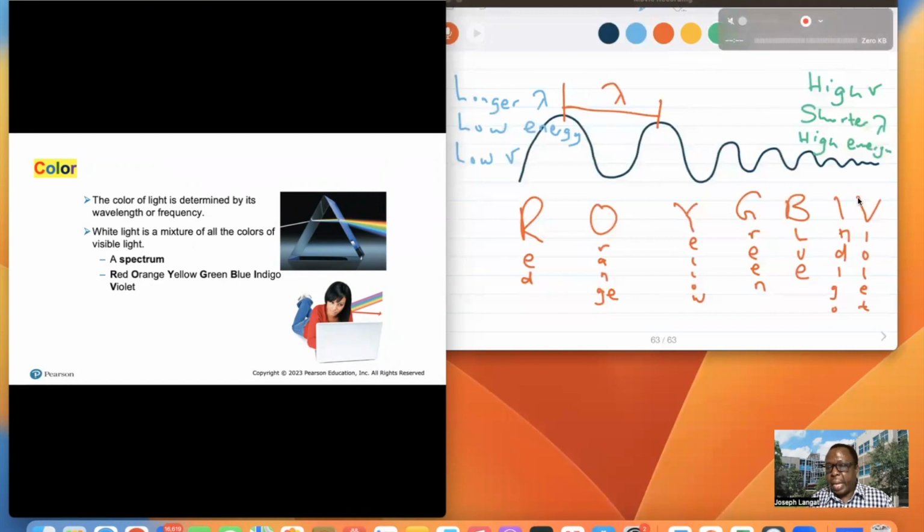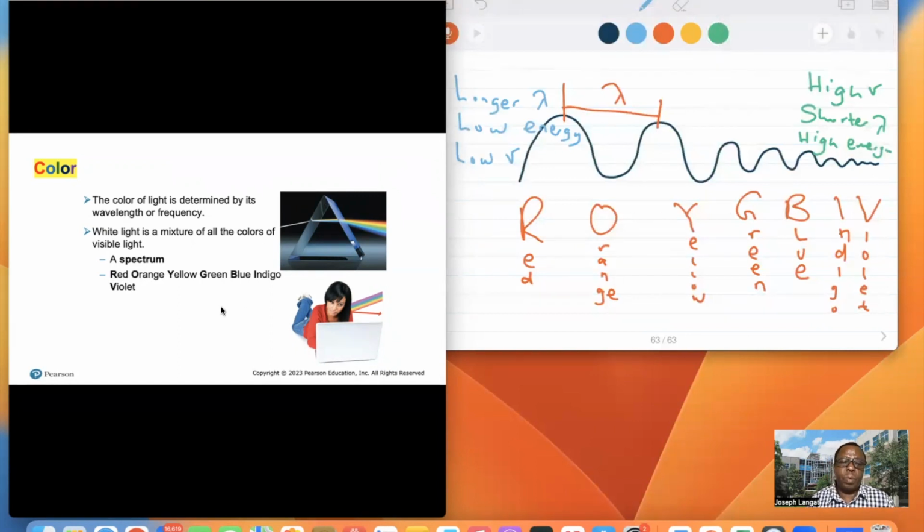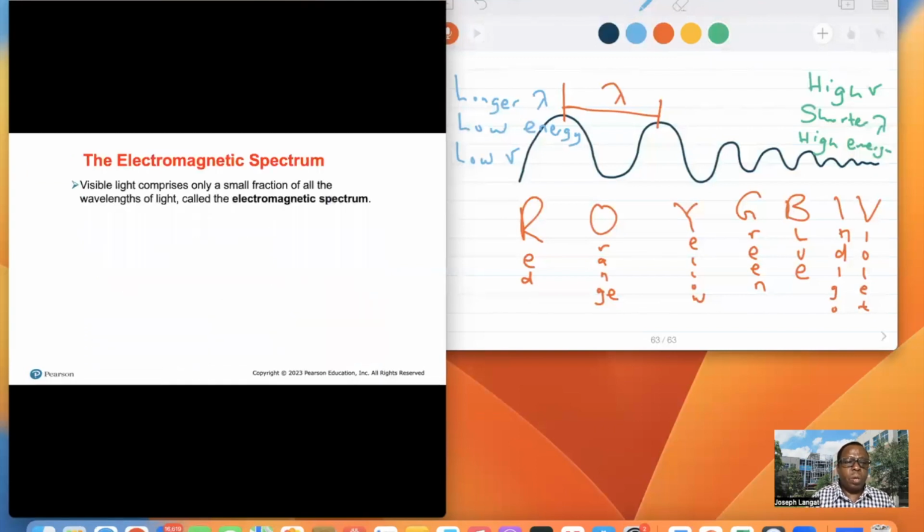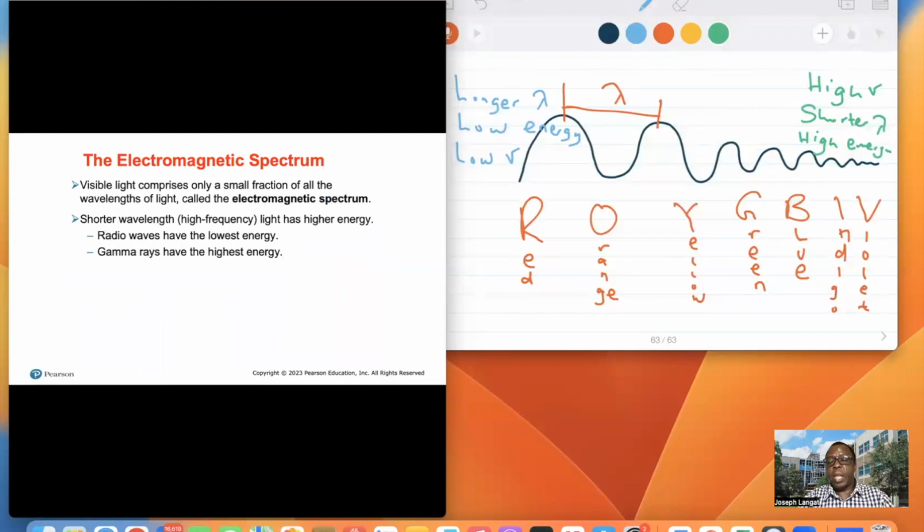Decreasing in wavelength, increasing in wavelength. You have to know which direction you can go. So here is the electromagnetic spectrum. It includes all other colors. The electromagnetic spectrum includes the invisible colors of the